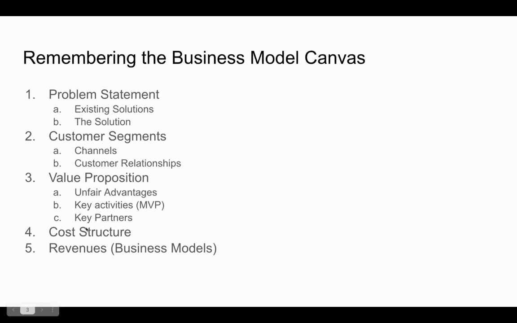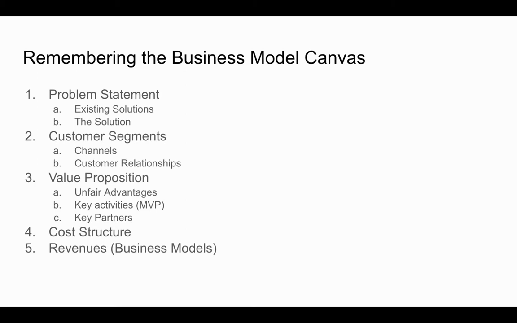And then once you have key value propositions, you want to go ahead and define your key activities. And most of these key activities are usually geared towards your MVP. That's the minimum viable product that we're talking about. And if for any reason your product needs partners, right, on the BMC, we also have a section for key partners where you can define, these are some of the key partners I need to be playing with if I'm to be able to build this product to achieve my value